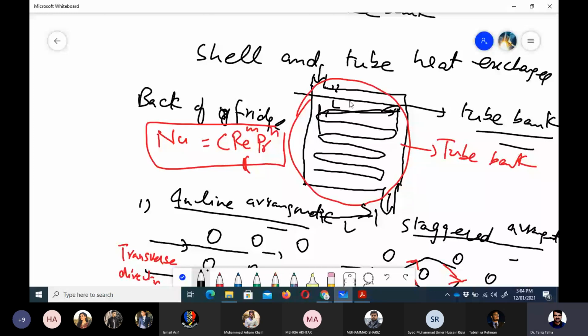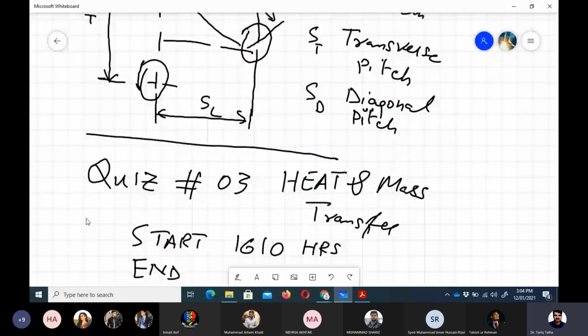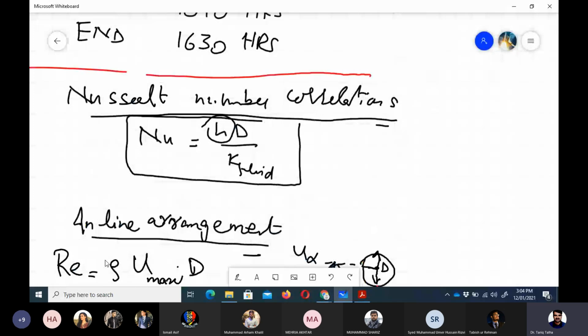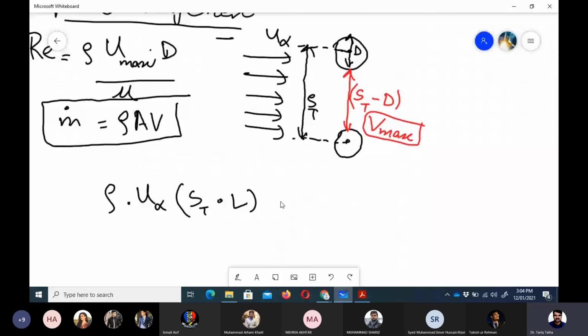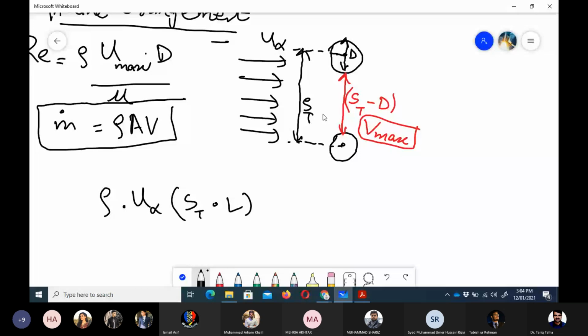So from this plane, if flow is going like this from the bottom or top plate, we can have this length of the plate. So that would determine the mass flow rate. So I hope that this is clear, that capital L is the length of the cylinder in that direction. So that would be equal to rho into V max